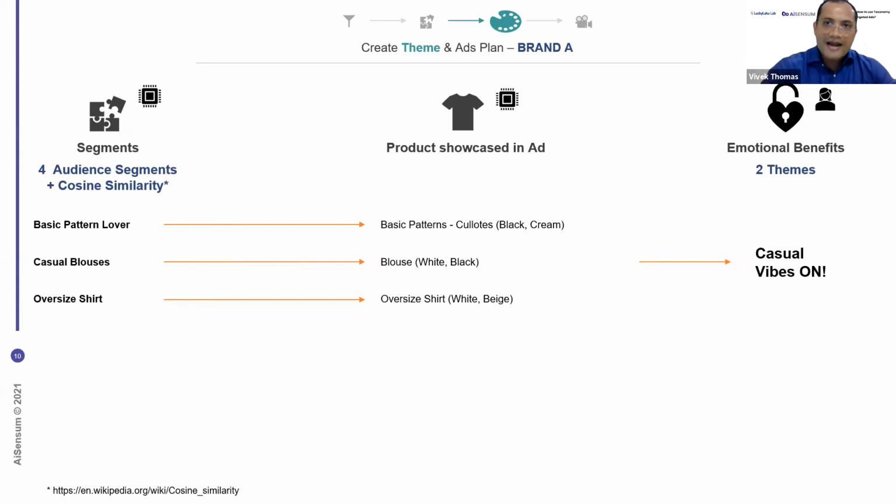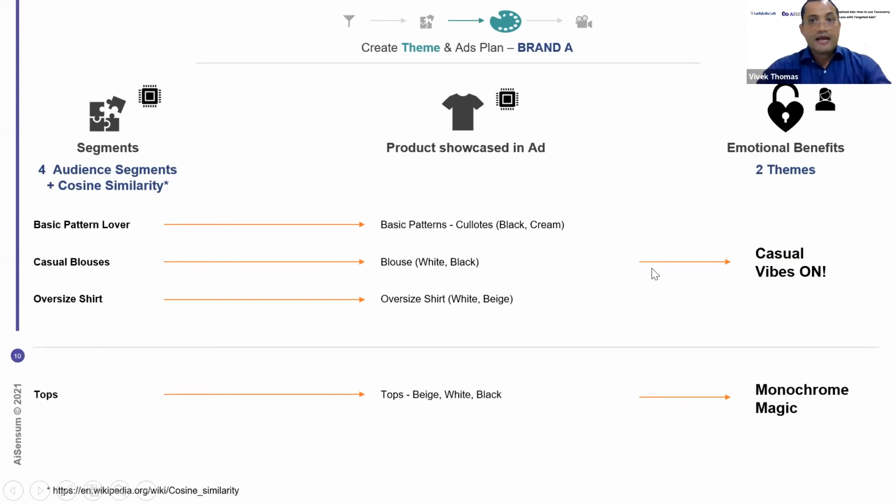So if you look at your product and can create an emotional hook in your ads or your content, as is done in this case, we have bunched these products and we've called it casual vibes on. That's been done by a human. I mean, we still don't have a machine to do this level of extraction. The machine does these two things, and then the human with the machine's input is able to create this, okay?